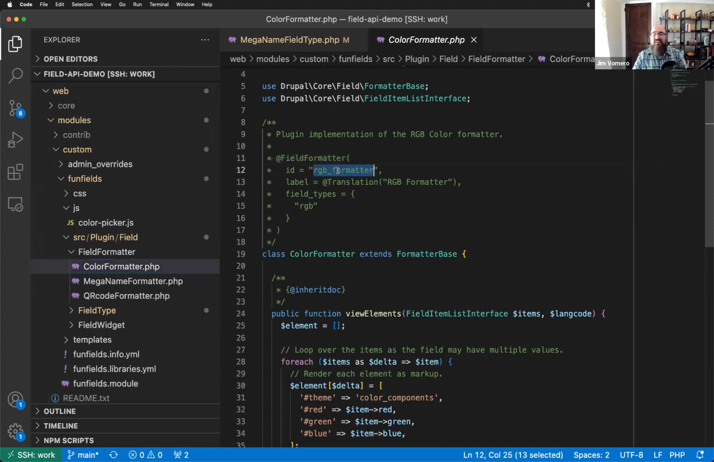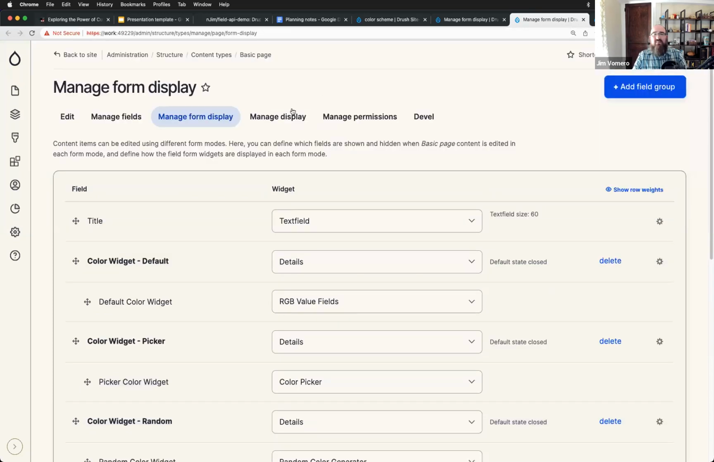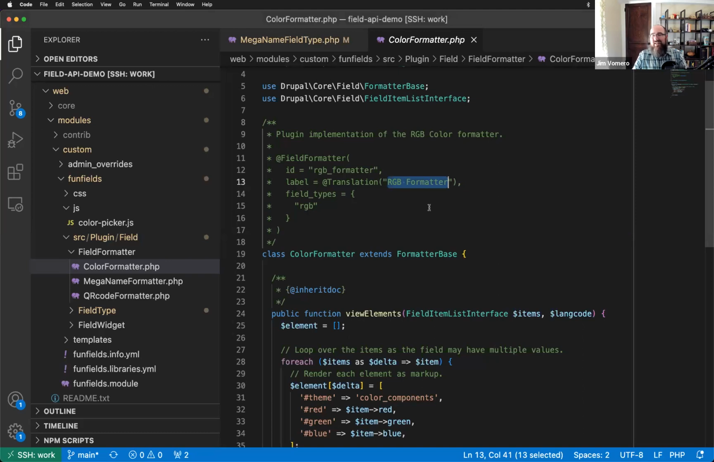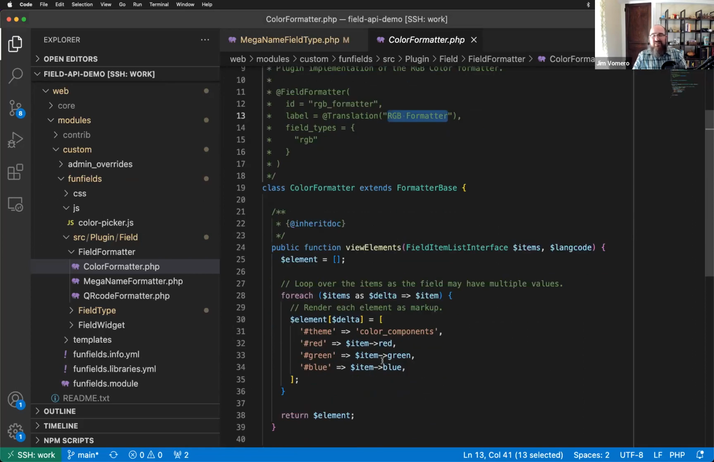But for mine, it has a unique ID, could be whatever I wanted to call it. It applies to the RGB fields, and it's called RGB format. Our formatters appear on the Manage Display tab. And it's the only one I've created for this. I didn't create it to do anything fun. I probably could have done something cool with creating overlays or, I don't know, changing theme settings across the site. But I just wanted to print the values to the screen